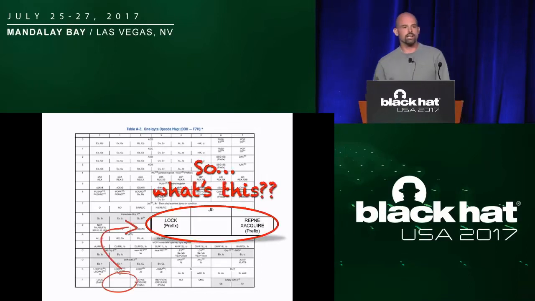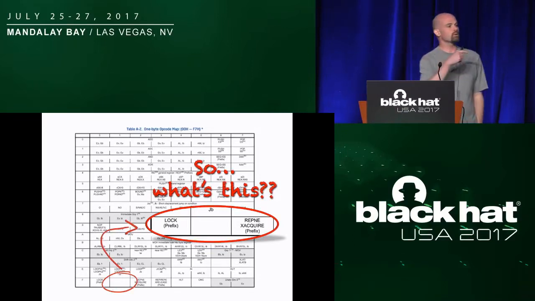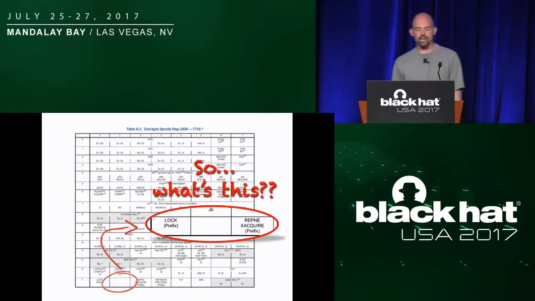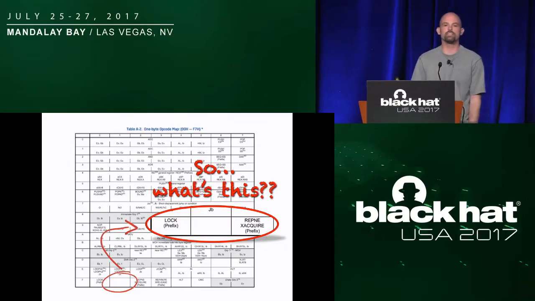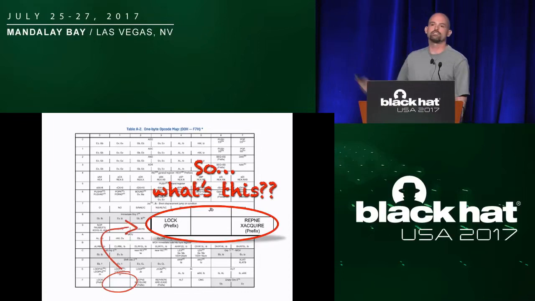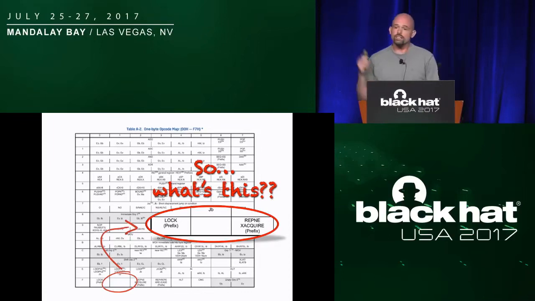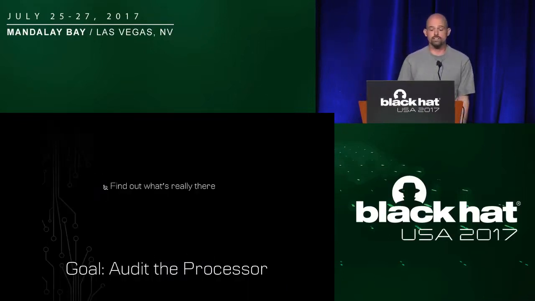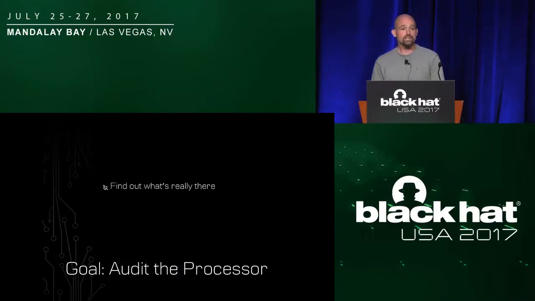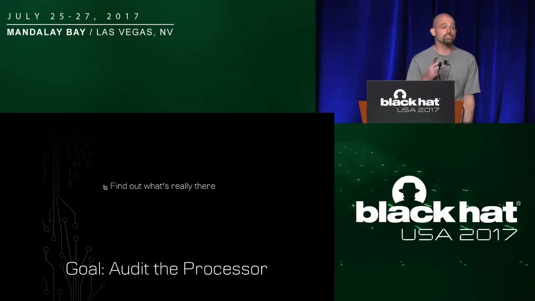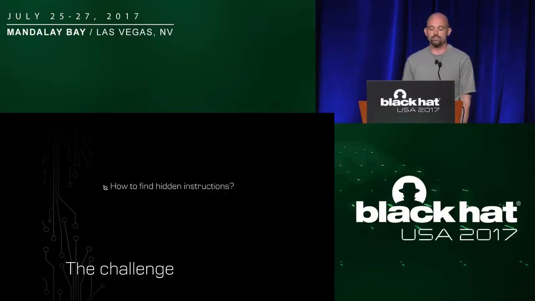Now, this is the document that's supposed to tell us exactly what this processor does. This is the document we're basing all of our trust on, but it's intentionally leaving things out. Now, we don't have reverse engineering or auditing tools for x86. We really just have this document, and it's intentionally not giving us all of the information. So that's not a really good start towards trusting these processors, right? So my goal when I set out on this project was to find a way to sort of audit the processor, figure out what instructions are really on this thing.